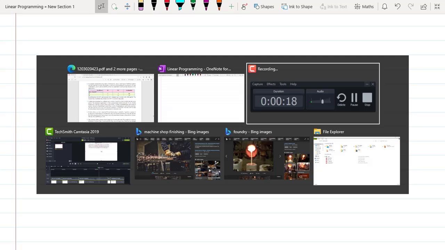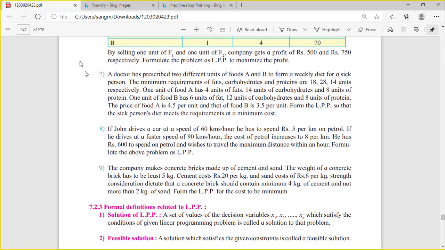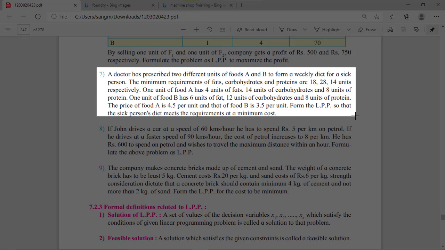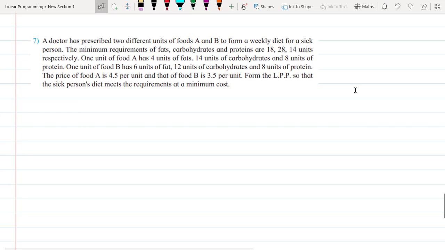Okay, so question number 7 says, a doctor has prescribed 2 units of foods A and B to form a weekly diet for a sick person. Okay. A doctor has prescribed 2 different units of food A and food B to form a weekly diet for a sick person. The minimum requirements